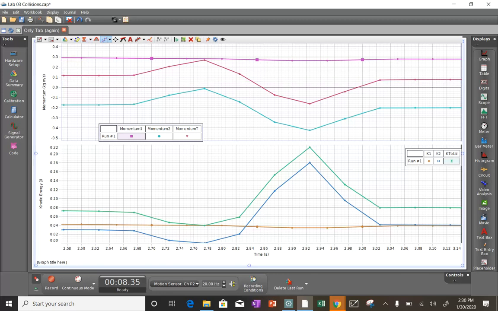Okay, so if we look at this, I have 3 lines on here. I have the total line, that's this line right here. I have cart 1's momentum and cart 2's momentum. Yeah, that was cart 1. Okay, somehow cart 1 and cart 2, well, let's,